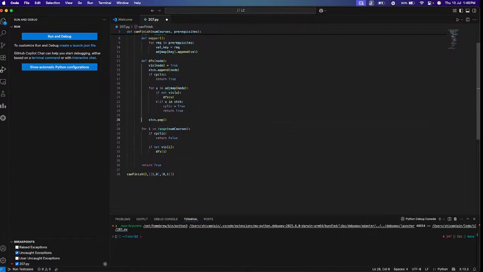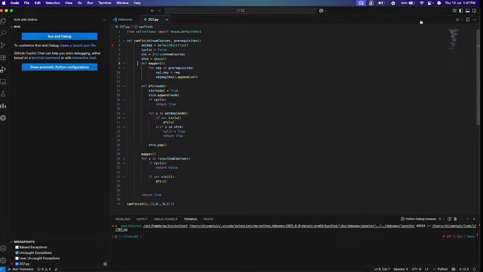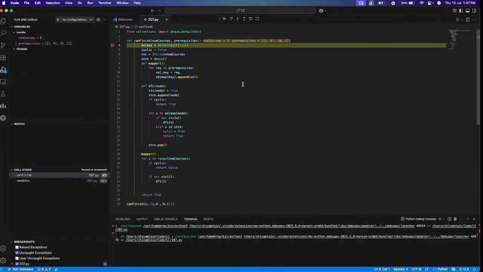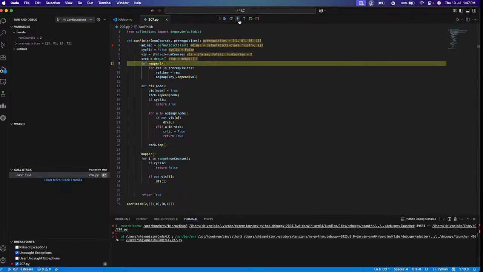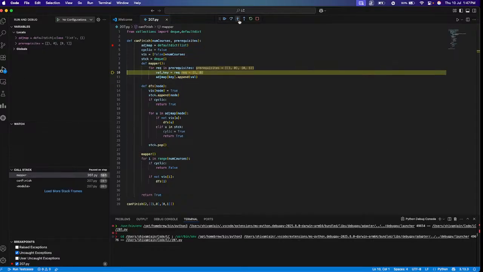So the first thing you do is you invoke a mapper. I know this could have been a much cleaner code, but God forbid me. Alright, this is mapper. Here we go. Okay, prerequisite 1 of 0,